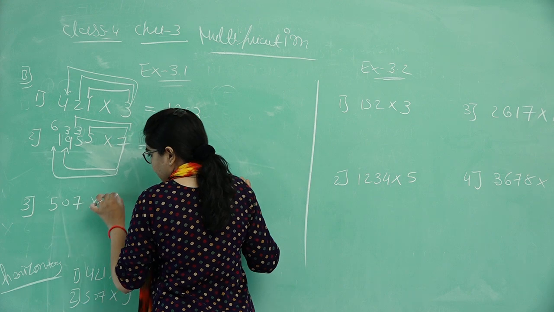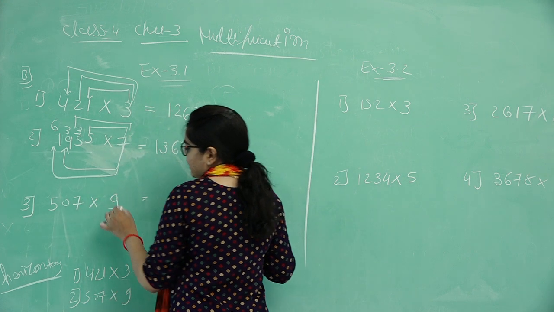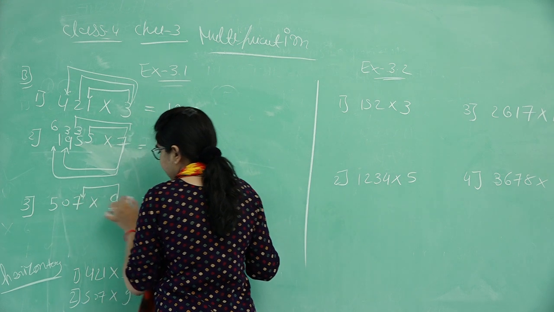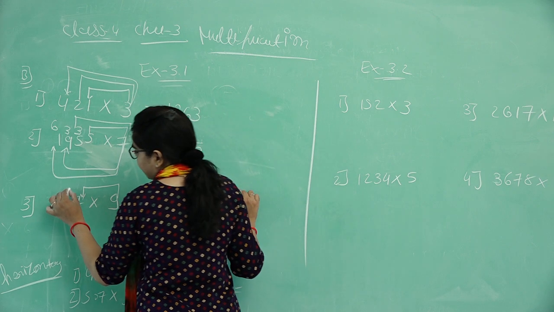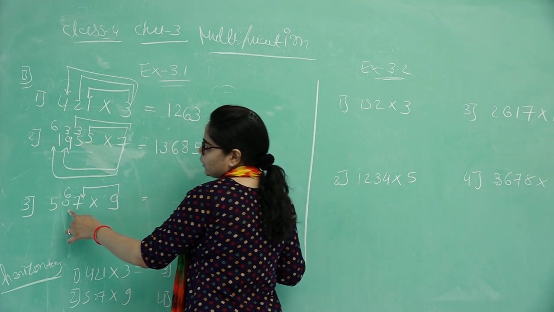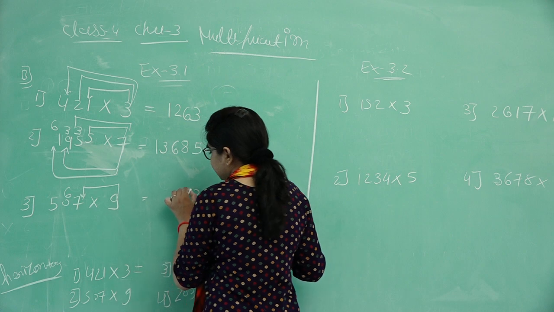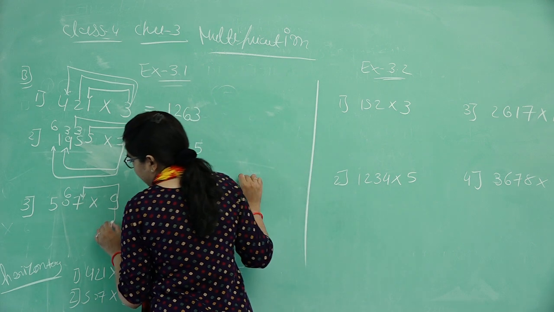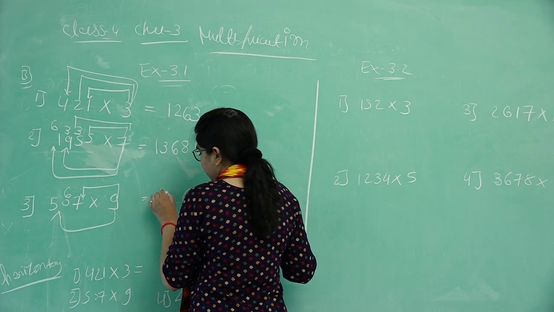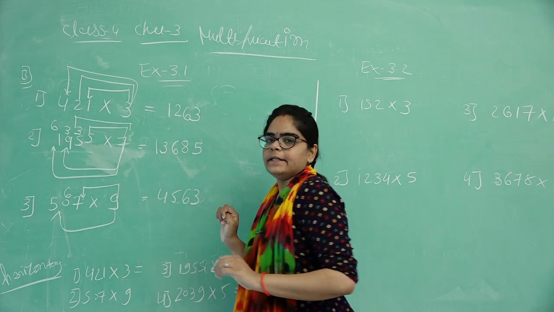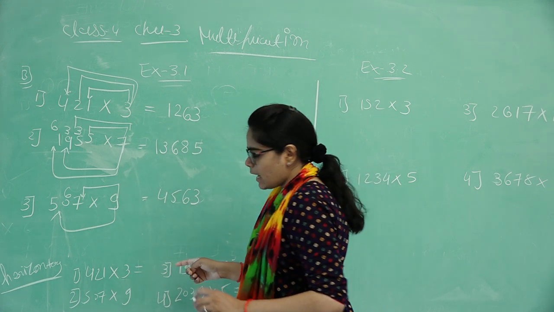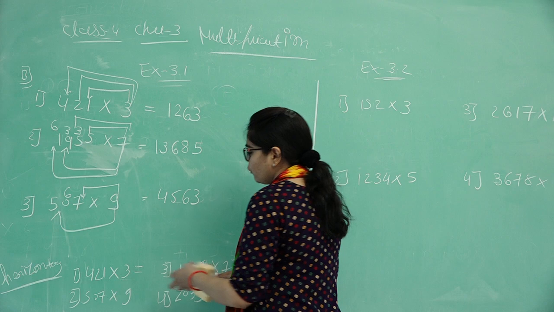507 into 9. 9 7s are 63. So 3 write down here and 6 here. 9 zeros are 0. So 6 as it is here. 9 5s are 45. So 45 write down here. So our next example, the fourth one,